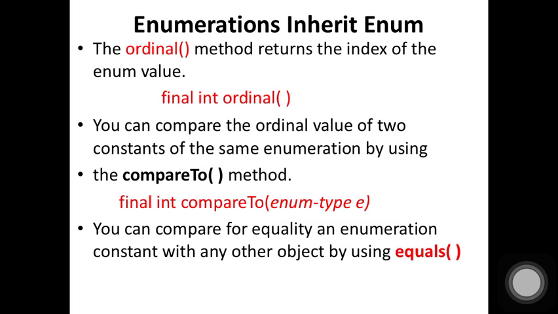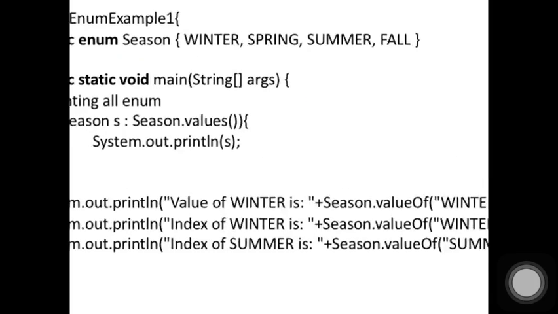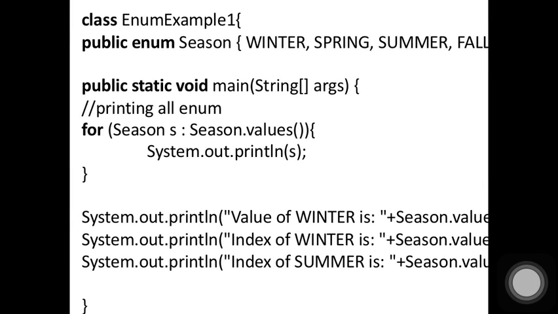So here we can extend by extending the Enum class. We can have certain methods like the ordinal method, which returns the index value, and compareTo, which is going to compare two ordinal values. And if you want to check or compare the equality of enumeration constants, we use the equals method. So with the support of these three methods, we can have a simple example here. I took a Season. There I have winter, spring, summer, and fall, the constants of this enum Season. And inside the main method, I define